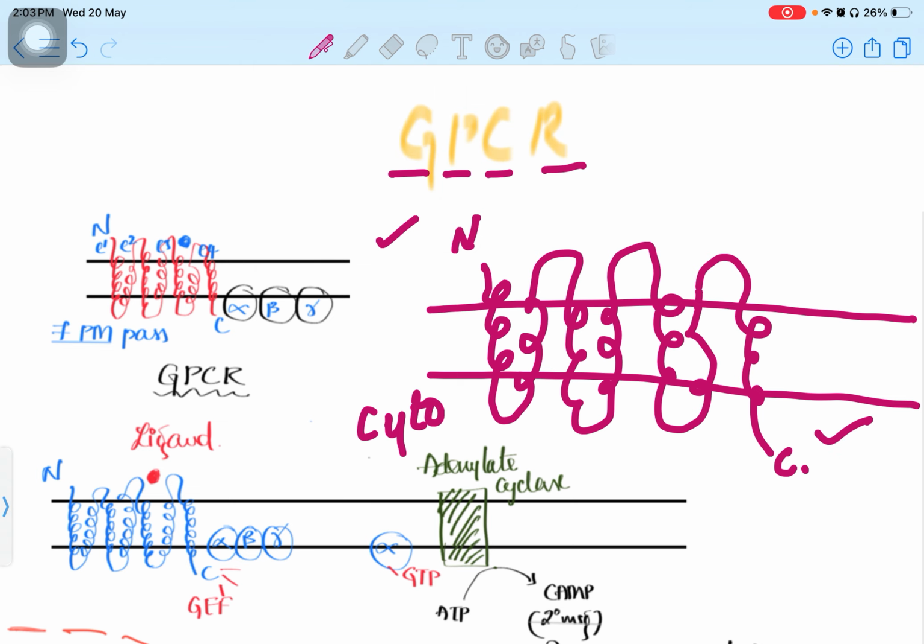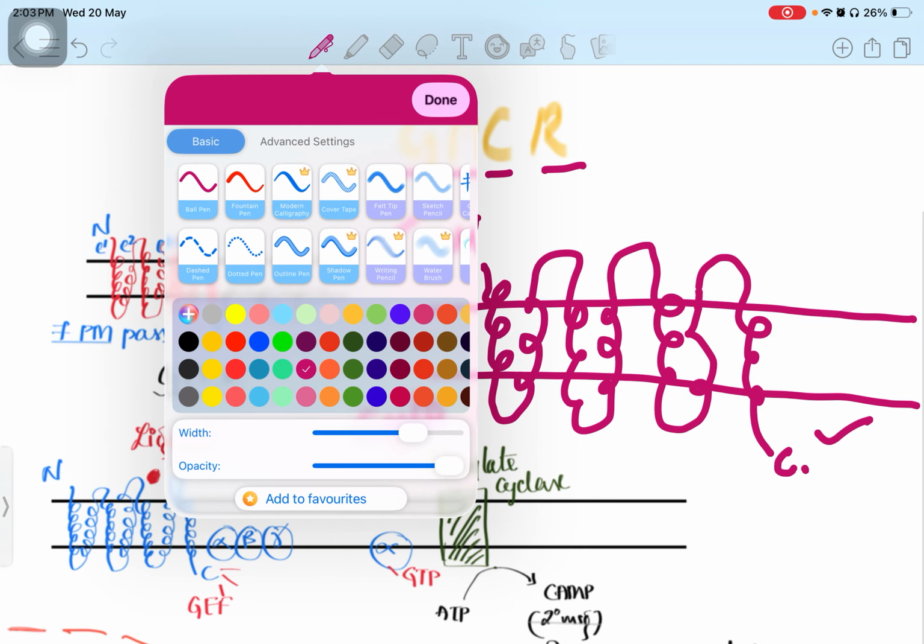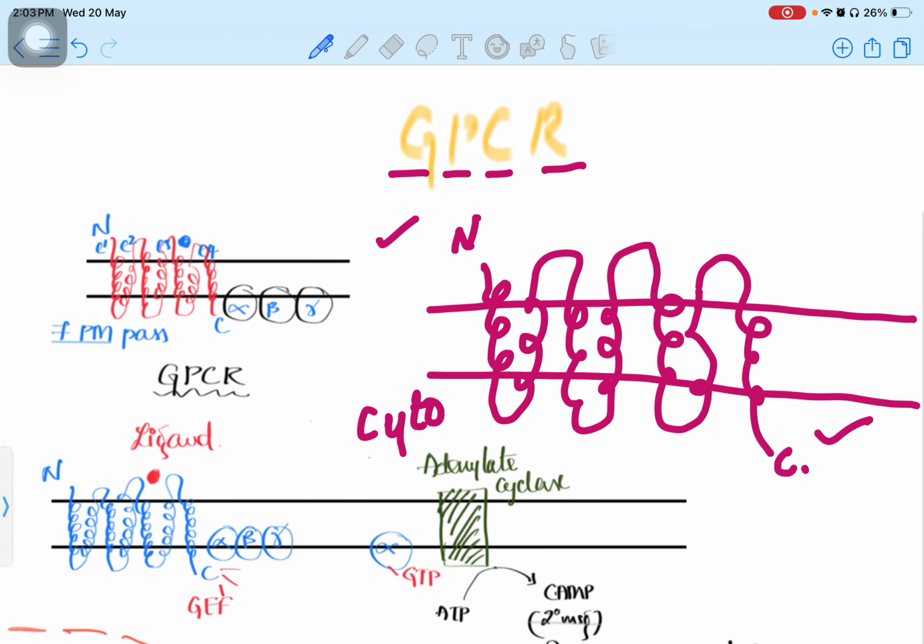When we try to understand more, on the N-terminal side, you can see this N-terminal region is known as the E1 region, this loop is known as the E2 region, and this loop is known as E3. This last one is known as the E4 loop. All these loops create the complete GPCR, the signaling pathway receptor-like structure. Whenever a ligand comes and binds, it binds on the E3 and E4 center part, between E3 and E4.